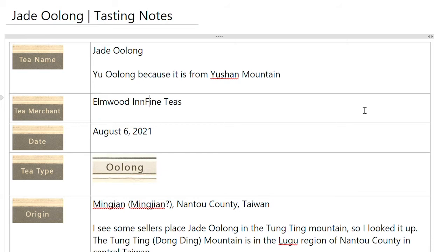So here's my tasting notes for the Jade Oolong. And when I think of jade, I'm always trying to associate what I can relate with to words. And I think of the jade stone that is made with jewelry. And so I think of green, but this really is also known as Yu. I'm thinking that's the way it's pronounced. I should find out. Oolong, because it's from the Yushan Mountains. And of course, mountains are green